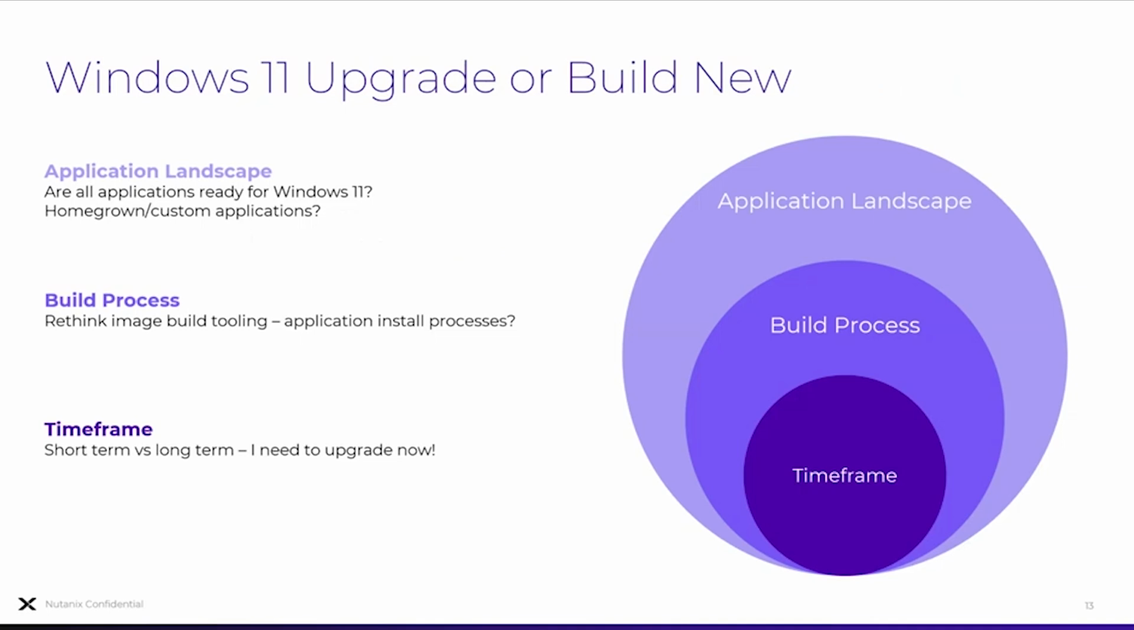And that's going to come down to a couple things. Kind of start at the bottom here. What is your time frame, right? Upgrading in place could be a short-term fix if you have to get to Windows 11 for some workloads or some use cases quickly, but you still want to look at the long term as possibly deploying new VMs and migrating users over to them,